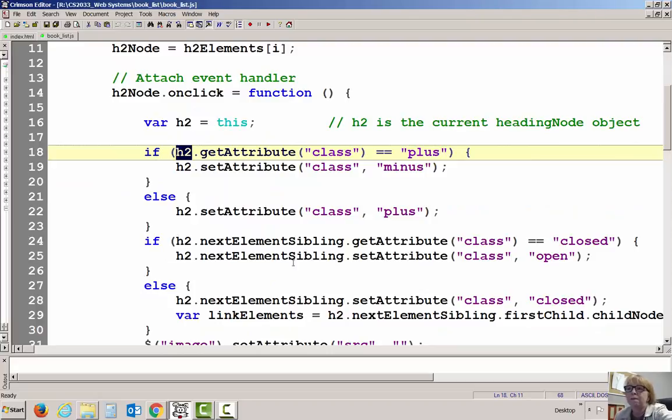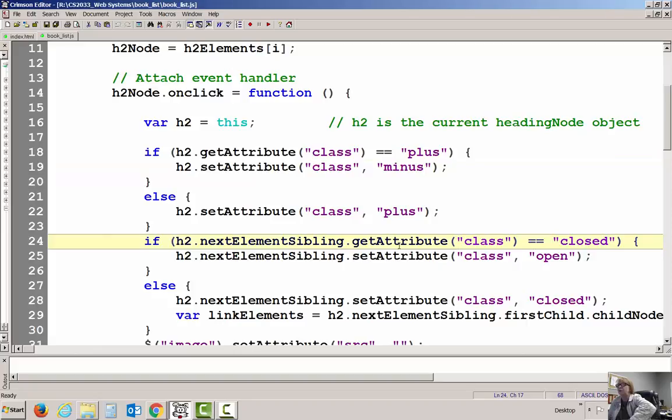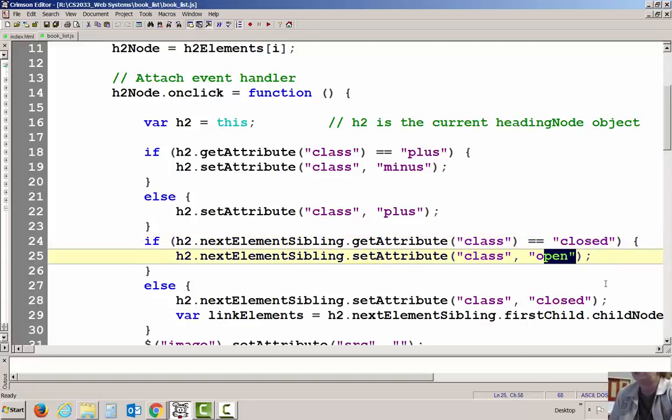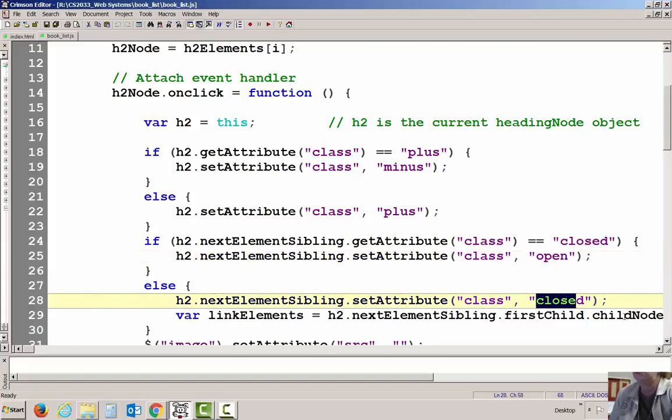Okay. Now, if the next sibling, which is the div, the get attribute class, is equal to close, then that means I need to set it to open. Else, I need to set it to close. Now, if I need to close this,